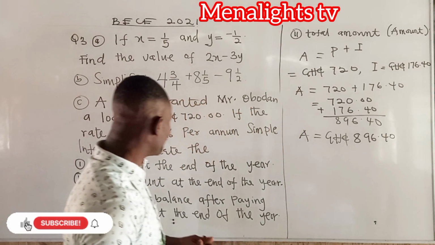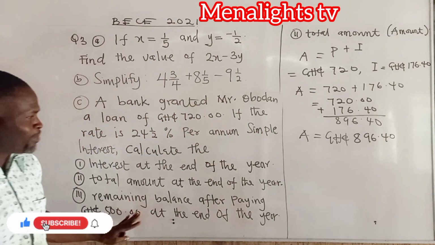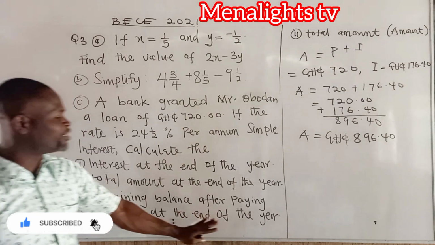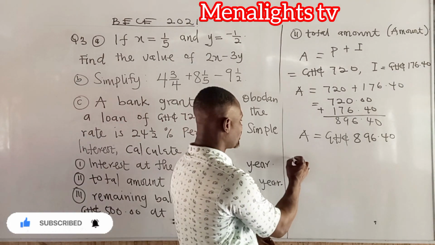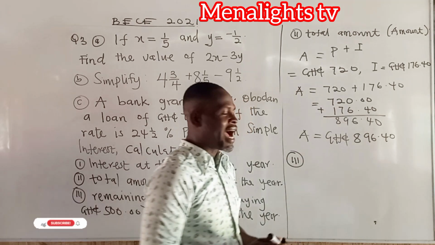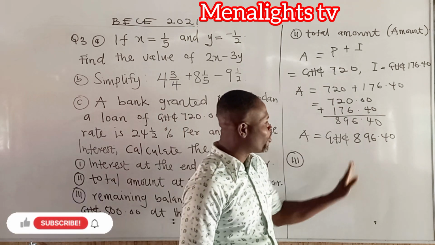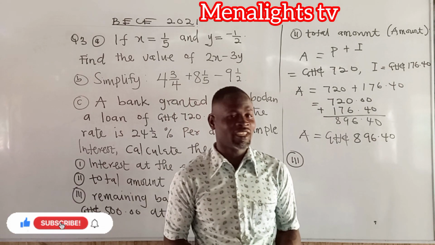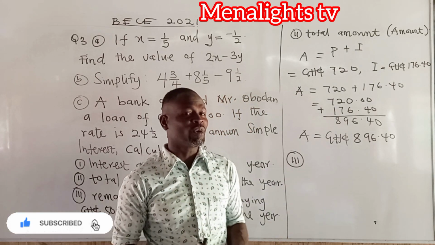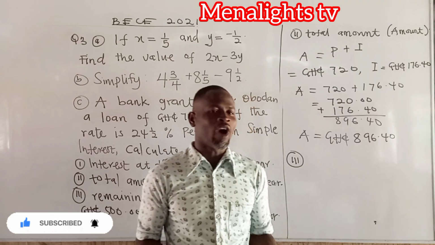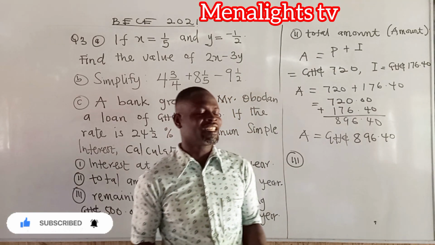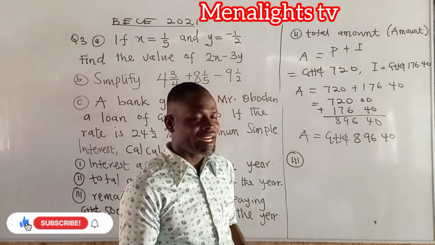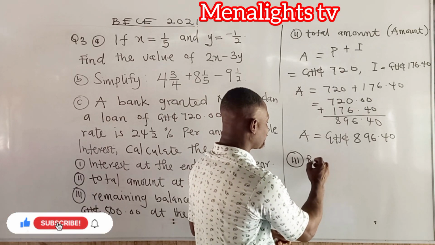Now let's come back to the third part: the remaining balance after paying 500 cedis at the end of the year. So at the end of the year, Mr. Obadan is supposed to pay 896 cedis, 40 pesos to the bank. And the question is telling us that he was able to pay only 500 cedis. So how much is the balance that he's still owing the bank? For us to know the remaining balance,